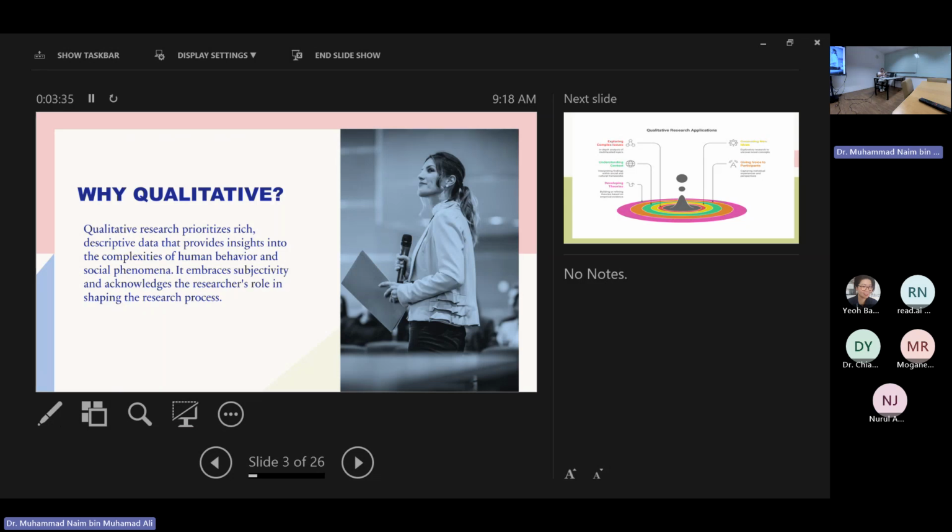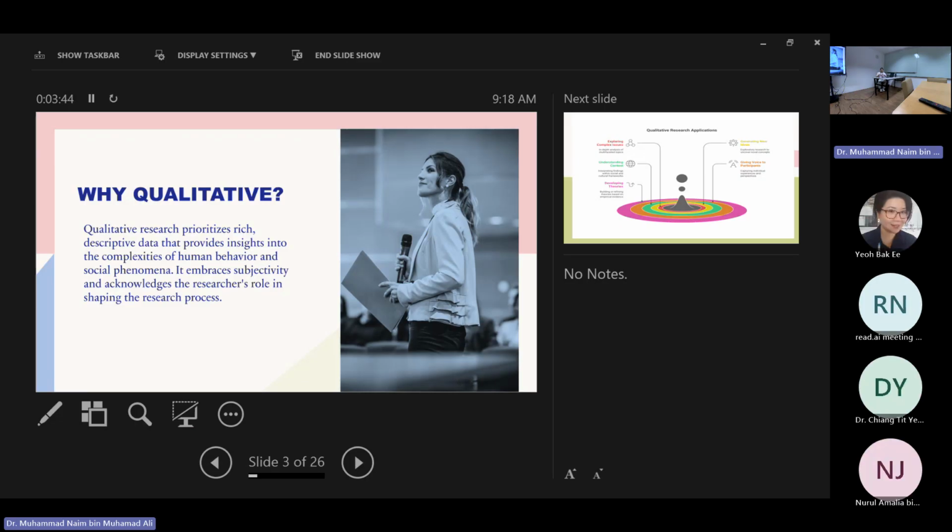Based on literature and past studies, we structure the survey based on past research and articles. But in qualitative research, we want to learn the life experience, insights, and opinions about the surrounding environment, etc.